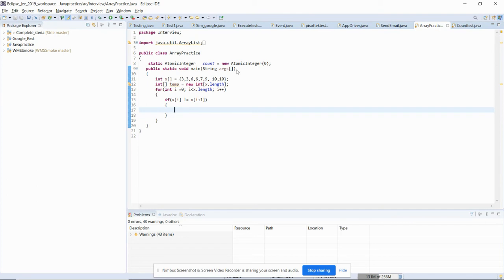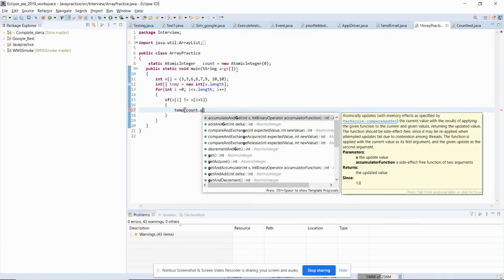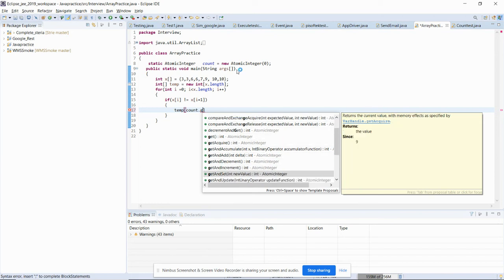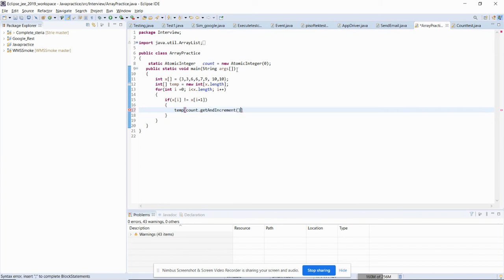So I will say temp, and for the place, I will start from 0 and increase it. So how? We will use the atomic integer concept. So count dot get and increment means it will first time put here 0 and next time it will put here 1 and so on.